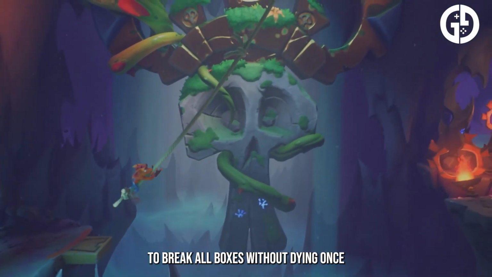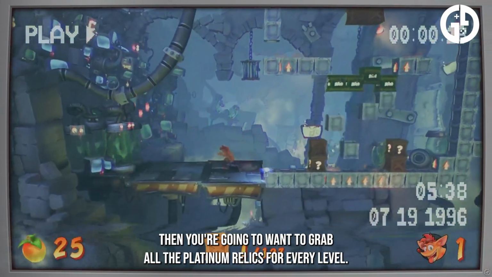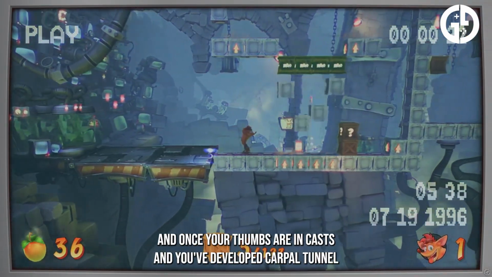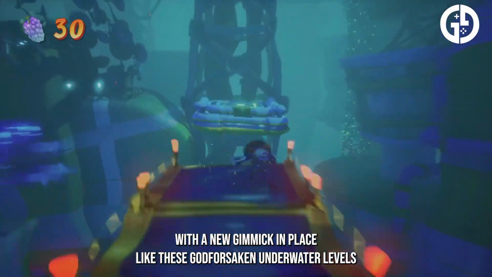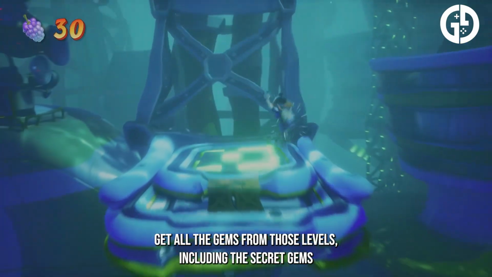there's also an insanely perfect relic in every level as well, which requires you to break all boxes without dying once. Hard, but not impossible, right? Then you're going to want to grab all the platinum relics for every level, and once your thumbs are in casts and you've developed carpal tunnel, you'll then have to play through every level again with a new gimmick in place, like these godforsaken underwater levels, get all the gems from those levels, including the secret gems, which are in